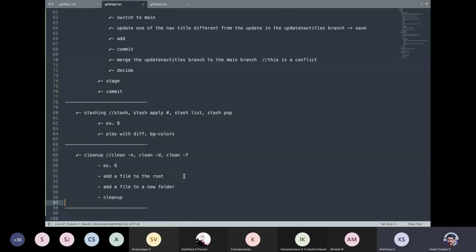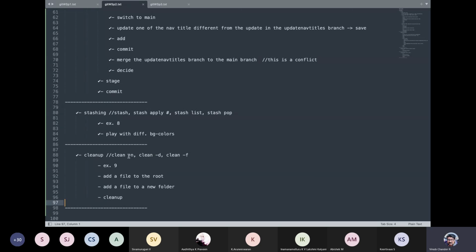So git clean -dn versus git clean -df. What is the difference? Git clean -dn, sir. Yeah, git clean -dn does not actually remove the files. It shows the particular folder. It is something like a dry run.